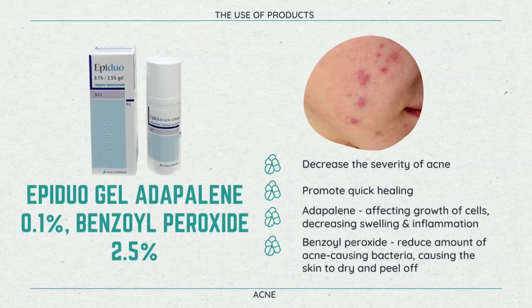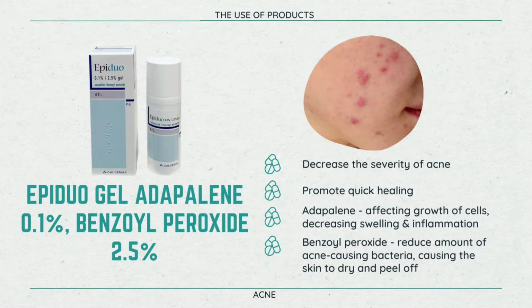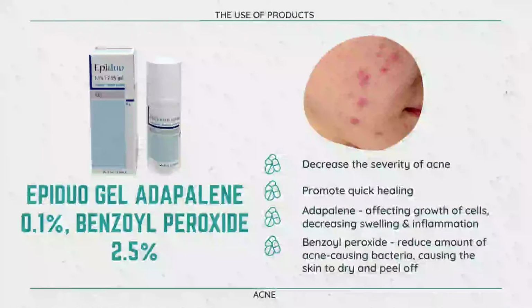The product that can be used in treating acne is Epidogel, adapalene 0.1% and benzoyl peroxide 2.5%. Epidogel acts by decreasing the severity of acne and promoting quick healing, while adapalene in the Epidogel can help in affecting growth of cells, decreasing swelling and inflammation. Benzoyl peroxide can help to reduce the amount of acne-causing bacteria, causing the skin to dry and peel